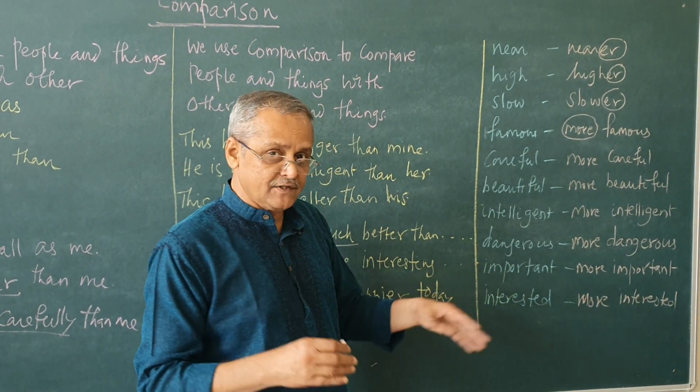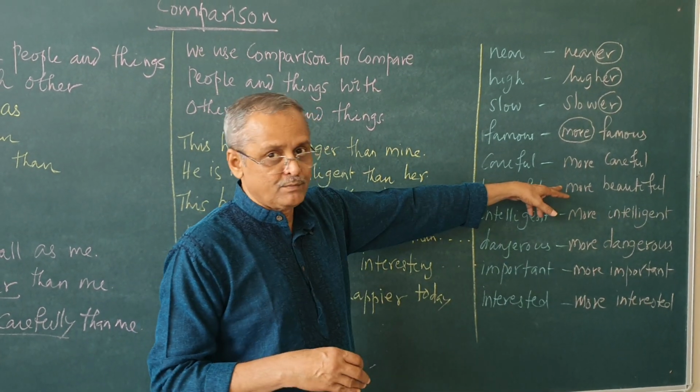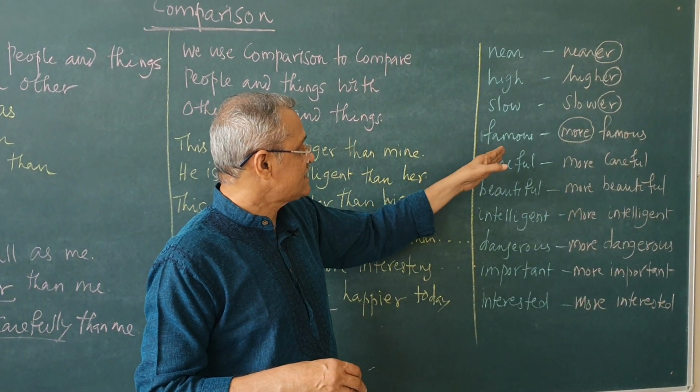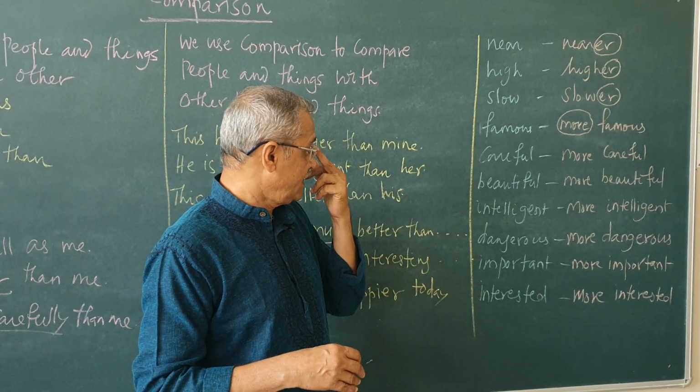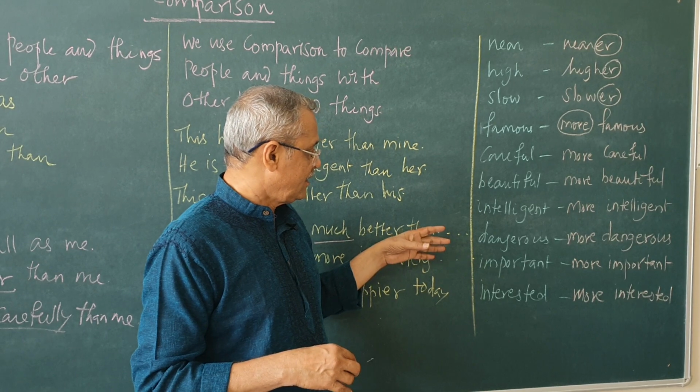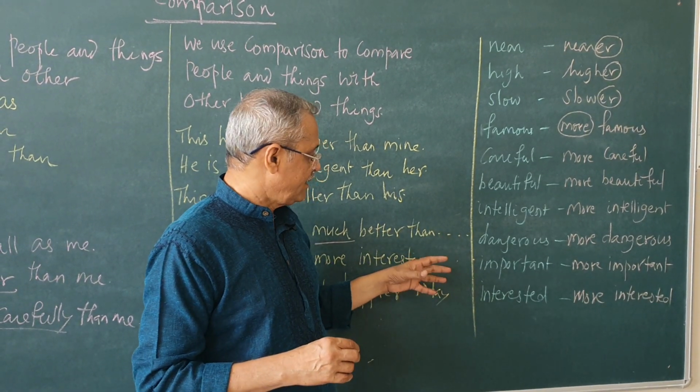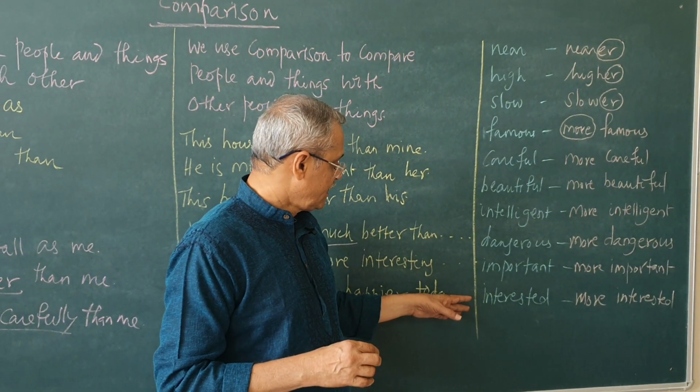Where there is more than one syllable, we use more here. So, famous becomes more famous, careful, more careful, beautiful, more beautiful, intelligent, more intelligent, dangerous, more dangerous, important, more important,